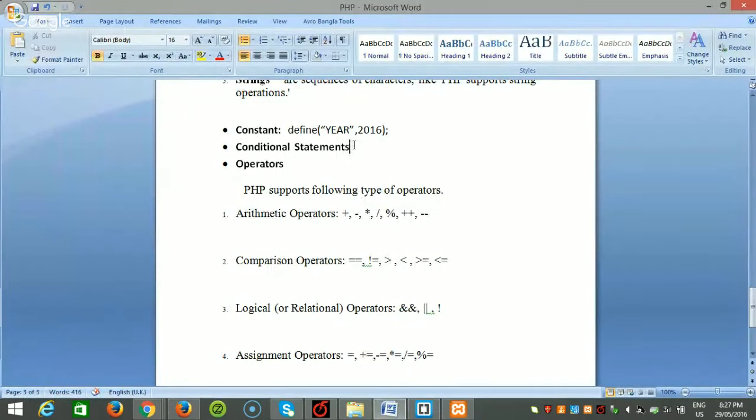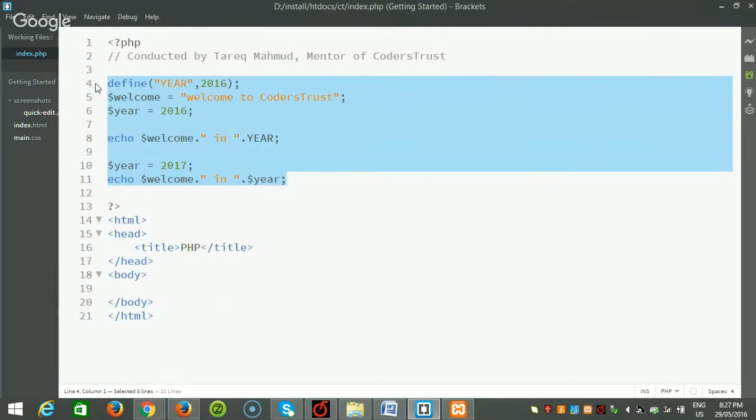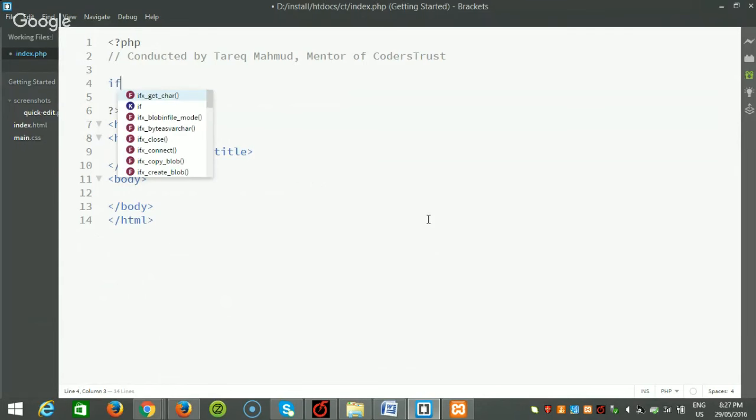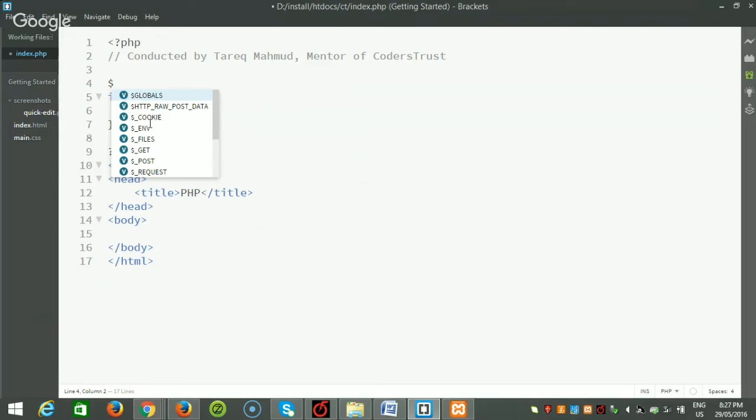Well, now we'll go to the conditional statements. What is a conditional statement? I'll just remove this stuff and write a conditional statement. If there is some condition and the condition is true, then it will work. So for example, we can take a variable like here, 2016, and compare for equality with the double equal. That means if year is equal to 2016,